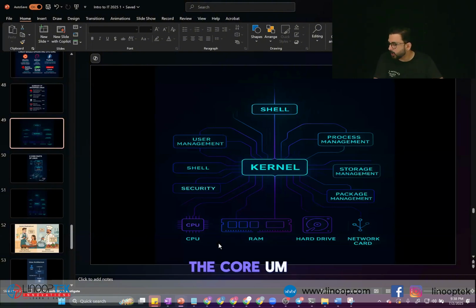The core functionalities, the core functions of the operating system. It could be Linux, Windows, or any. And these are all the things that we are going to learn down the road. We are going to learn how to work with the shell. Remember, as a user, we always